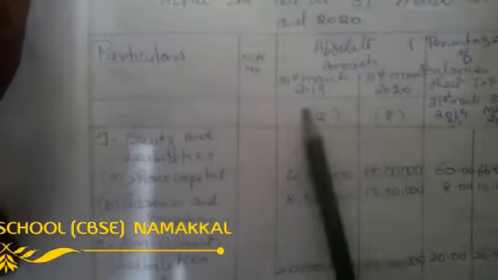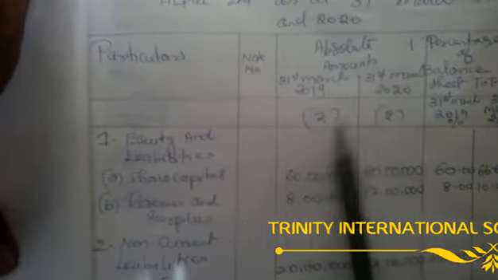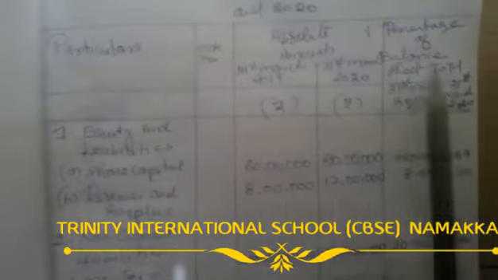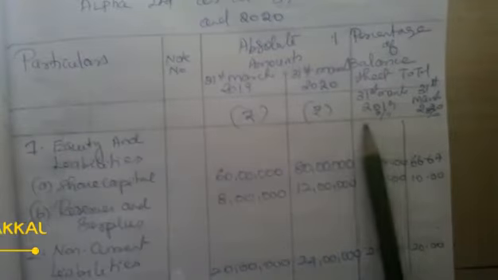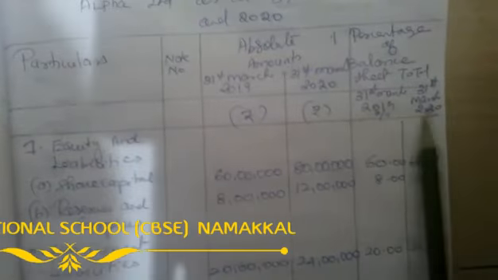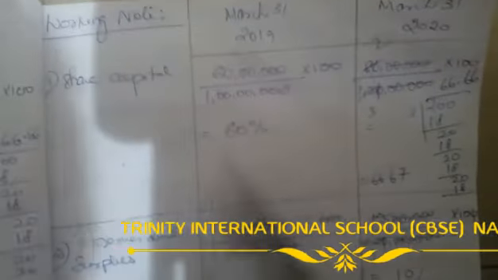So first we have to work out, in the same manner, the absolute amounts for 31st March 2019 and 2020. This is for the same company, Alpha Limited, for different periods. For that we are going to discuss the common size balance sheet. Here the headings are percentage of balance sheet total, again 31st March 2019 and 31st March 2020. Now the workings only take time. It is a very easy, very interesting chapter.